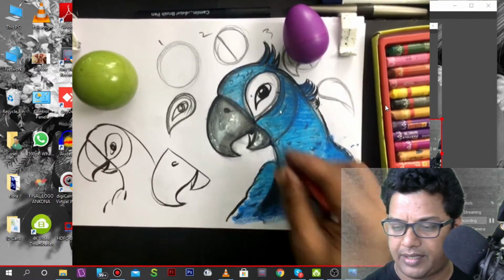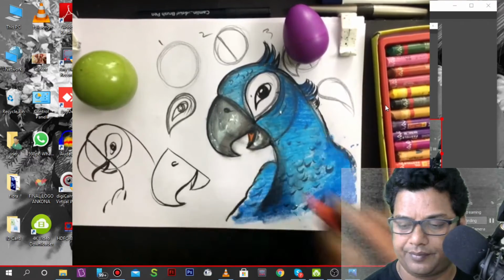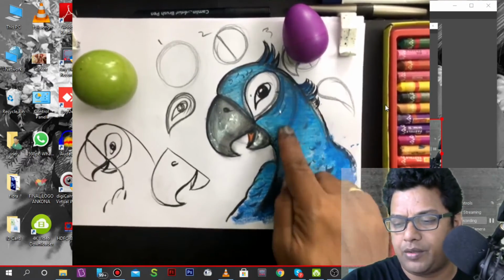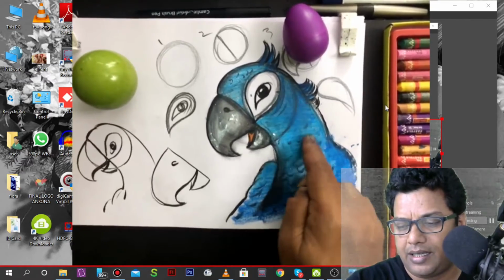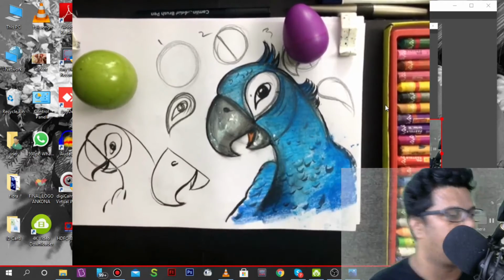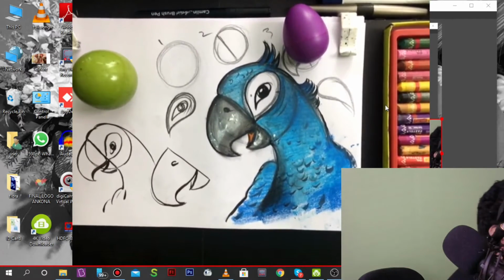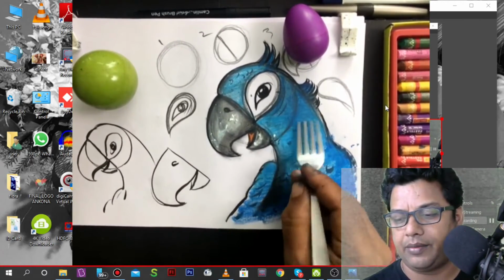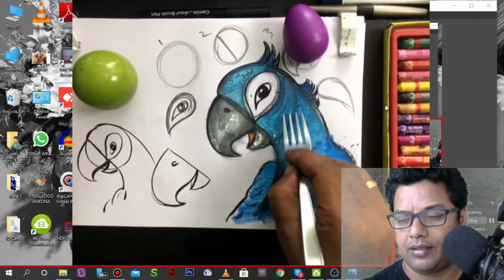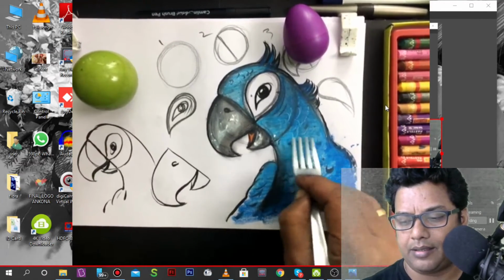This red color. Okay, so almost finished. You can mix with your hands like this, and we can cut like this. Okay, with your, see, like this.